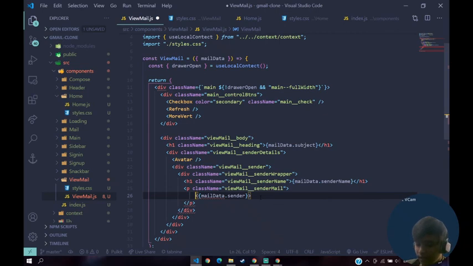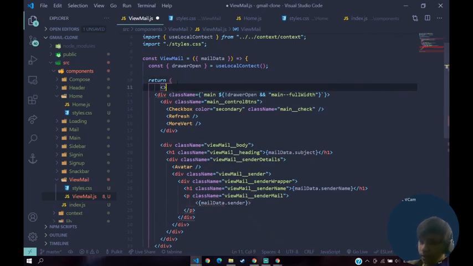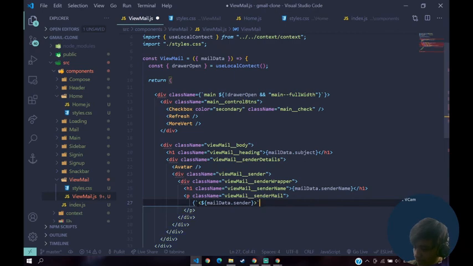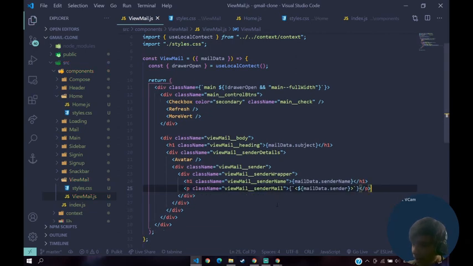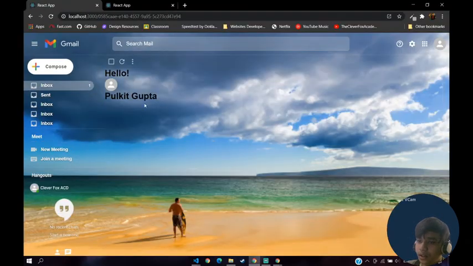So what we'll do, we'll wrap it inside of a string, but since mail data dot sender is not a string, we have to do string concatenation, as it is taking it as a fragment, right? So to avoid that, I'll just wrap it inside of parentheses, and then I'll just say dollar sign here. So now hopefully it should work. Okay, so now it should be inside of these curly braces. Yeah, so now everything is fine, most probably. Yeah, so now I think we should see the email.